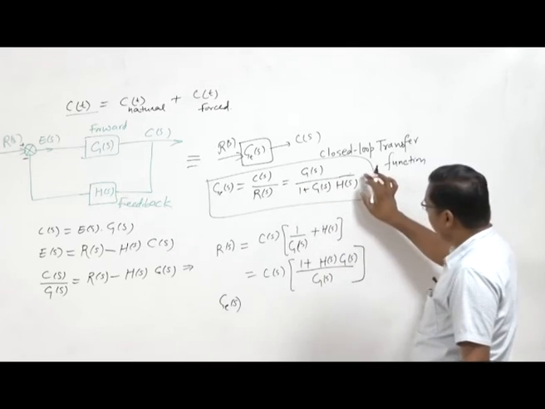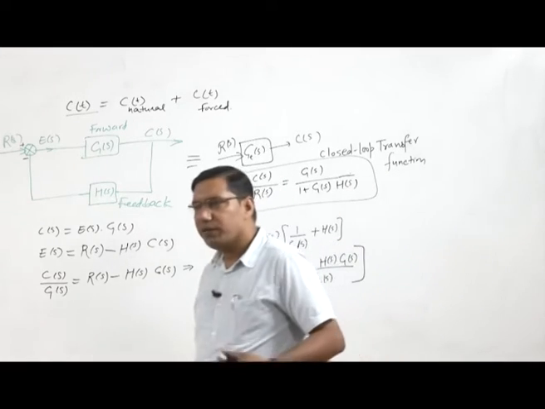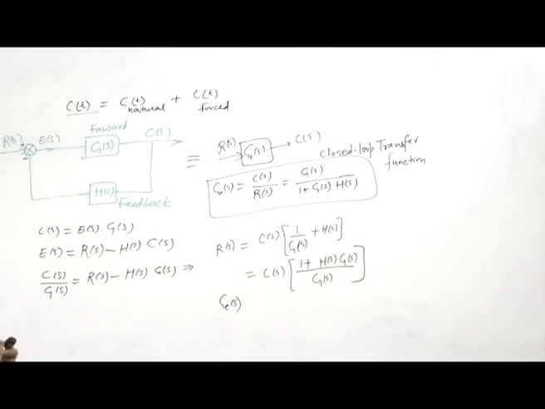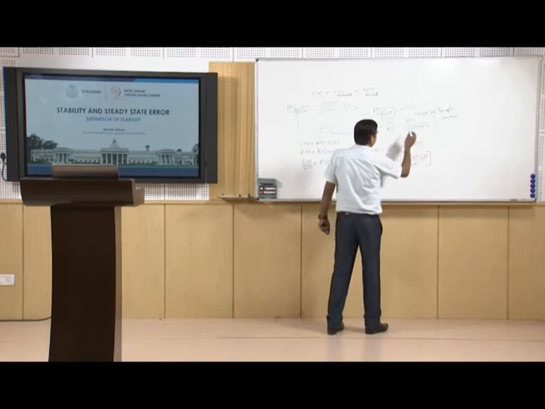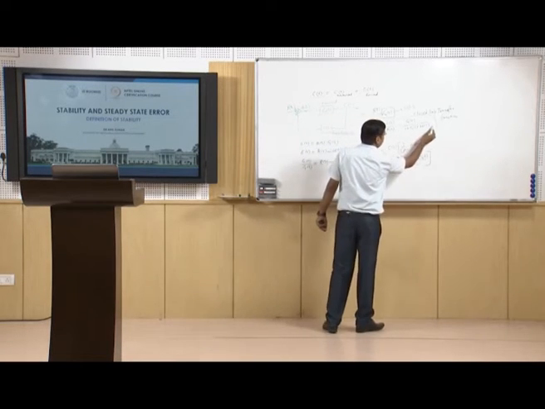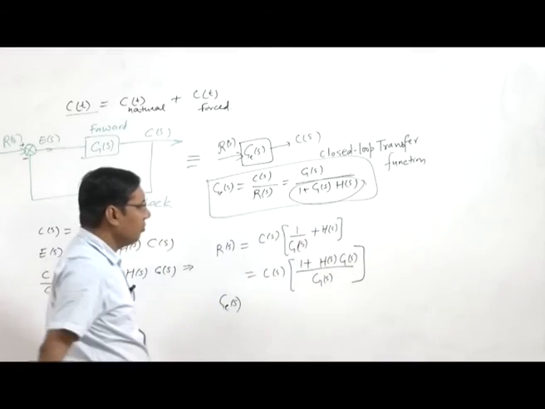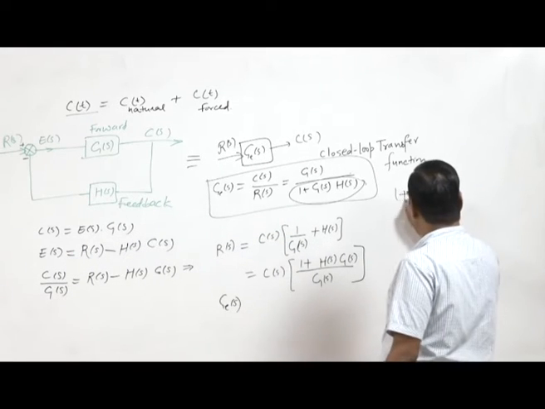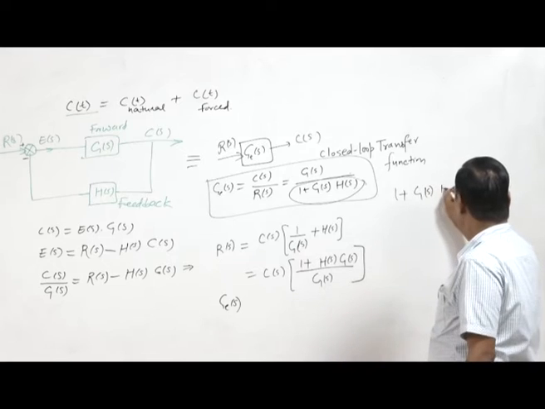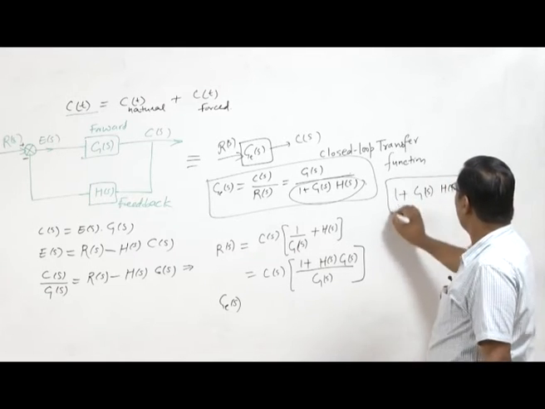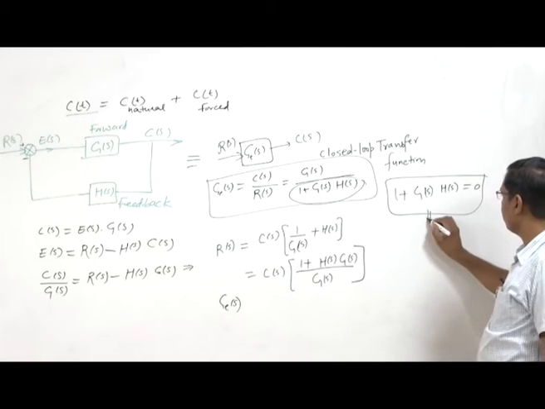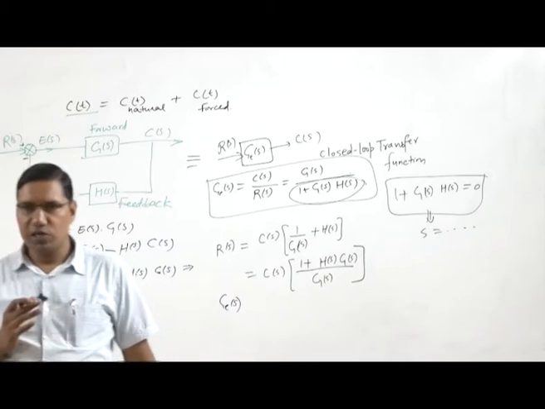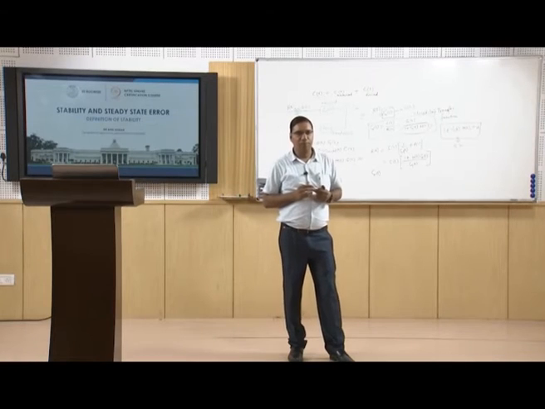And so when we base the definition of stability on the location of poles, we should consider the poles obtained from GE(s). When we say 1 plus G(s)H(s) equal to 0, the poles that we get from this must be in the left half plane of the